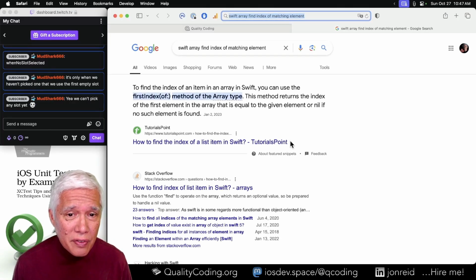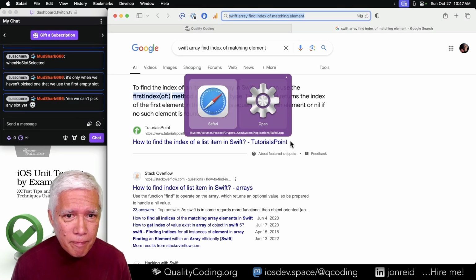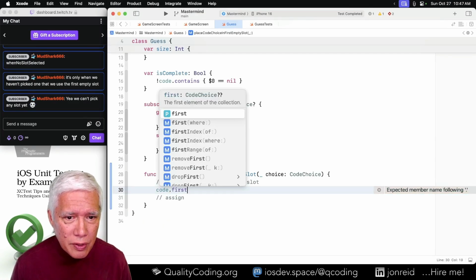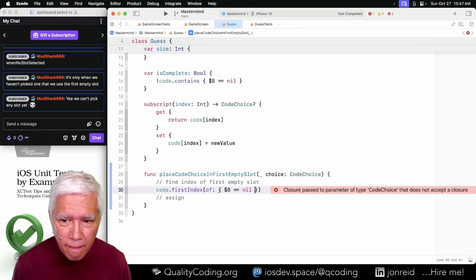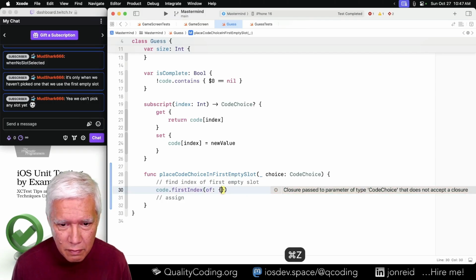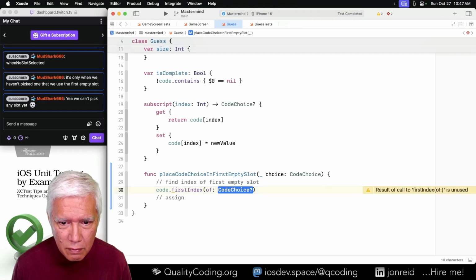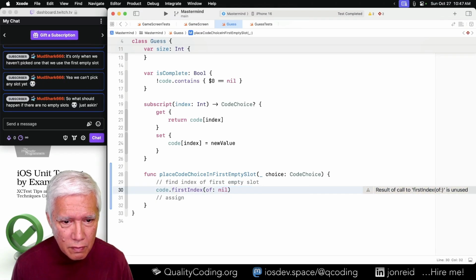First index of. Okay. First index of. Okay.